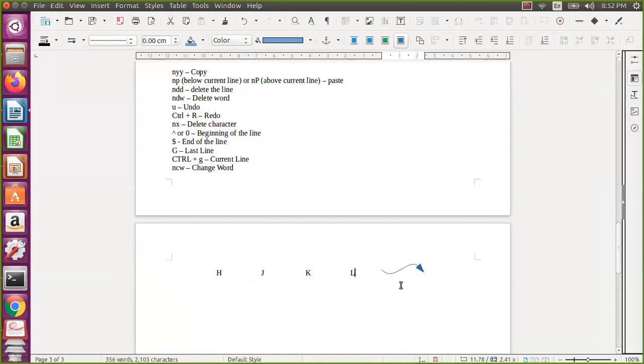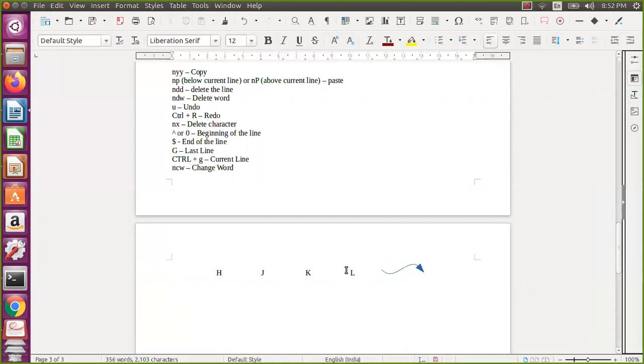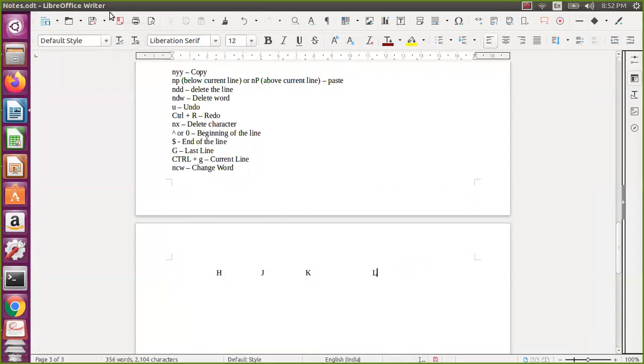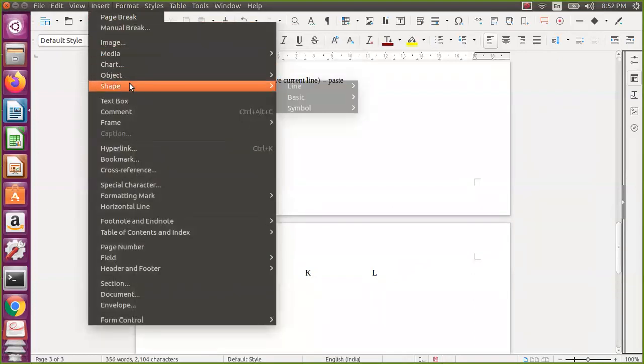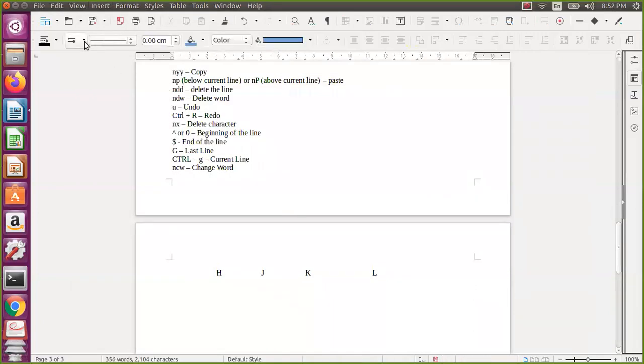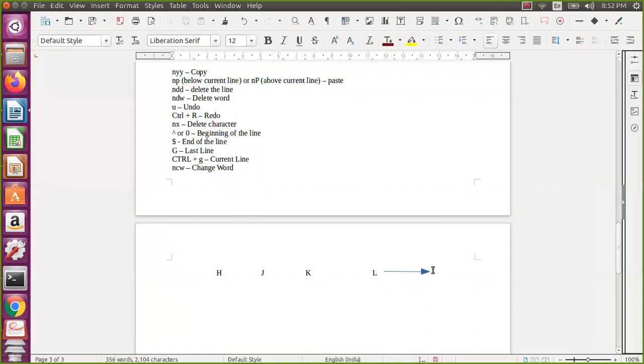Okay, so now if you see this particular one, L is right actually. So maybe I don't need this shape. I'll just try once; I don't want to waste much time on this. So line, I'll just say line actually. Okay, so this is whatever the line. So it means in the same row, it is going one character right. It means one column right.